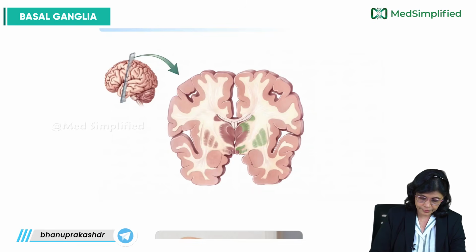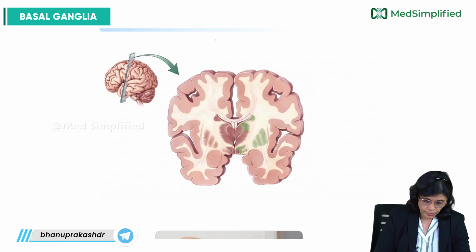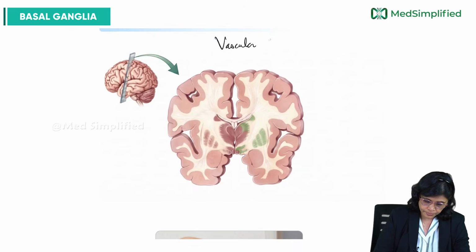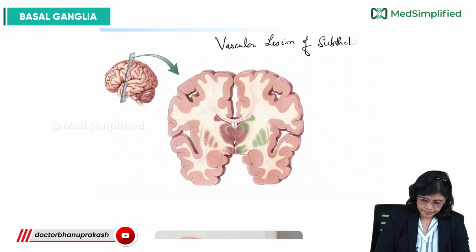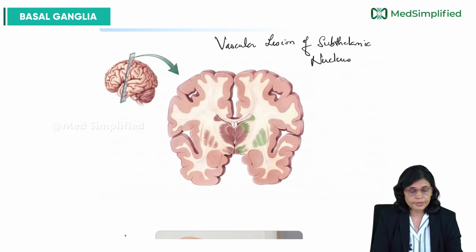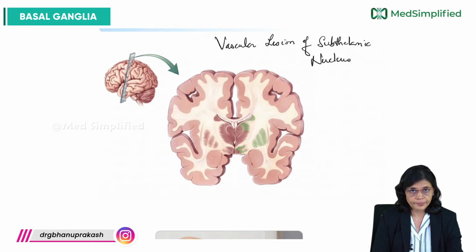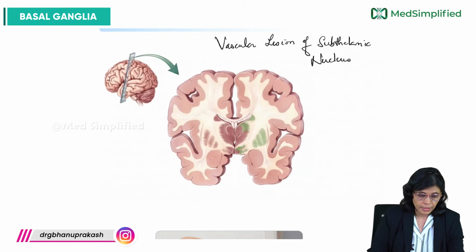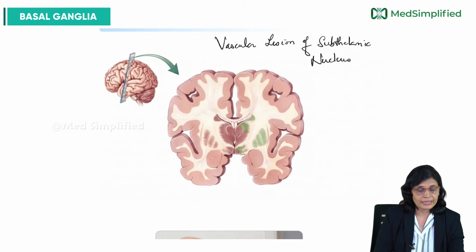Then the last condition, we have hemiballismus. Hemiballismus is basically due to vascular lesion of the subthalamic nucleus. At the subthalamic nucleus, the smooth voluntary movements of the different parts of the body are all integrated. So if there is some lesion there, then that integration is affected, because of which there is